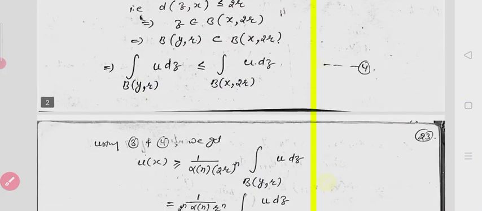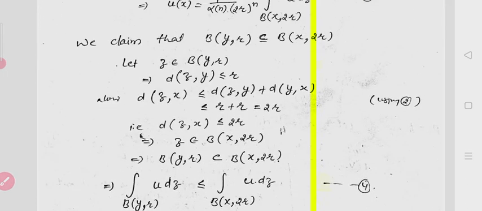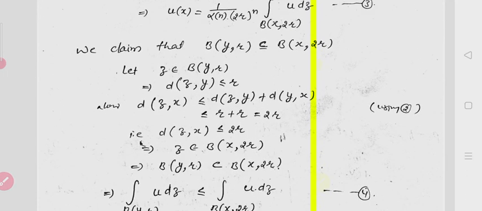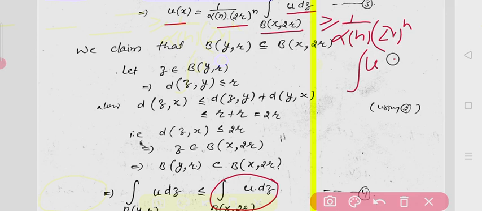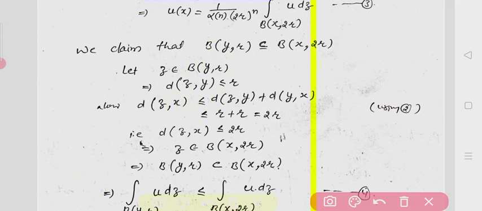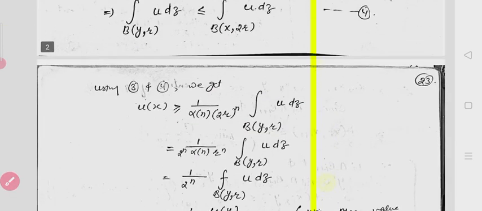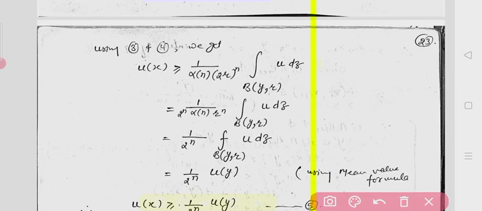Now we will say that over here we have to use this. You check it here, u(x) is equal to this one, and this is the integral of u(z), the integral of u over B(x, 2r). But the integral of u over B(x, 2r) is greater than or equal to the integral of this one. So this can be greater than or equal to 1 by alpha n, that thing will be as it is, 1 by alpha n into (2r)^n into the integral of u over B(y, r). Okay, so from third and fourth we are writing this one,